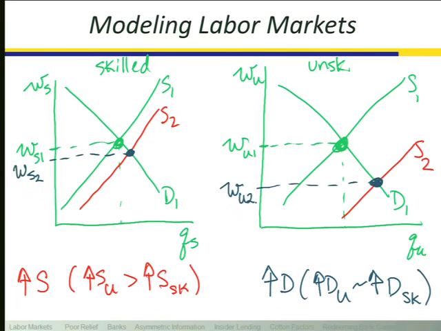And look at what's happened. The unskilled wage has fallen a lot. The skilled wage has fallen a little bit. Why do I have a decrease in wages? Because I didn't draw the increase in demand on here. If I'd drawn the increase in demand on here, I would have a small or a big, let's say a big increase in wages for skilled workers and only a small increase in wages for unskilled workers. But I would still have that the skilled wage, where I started out with these things being on a par, now I've got a bigger change